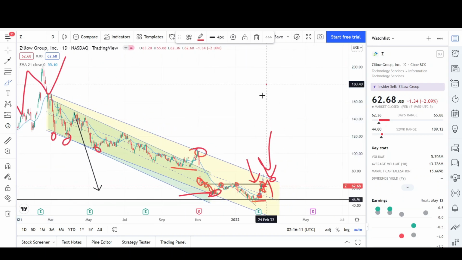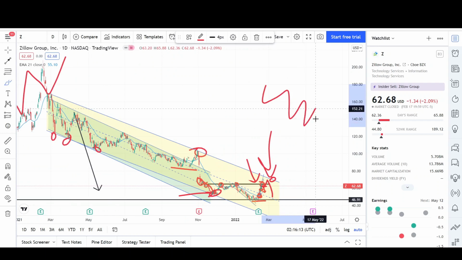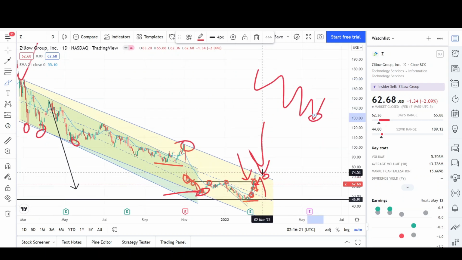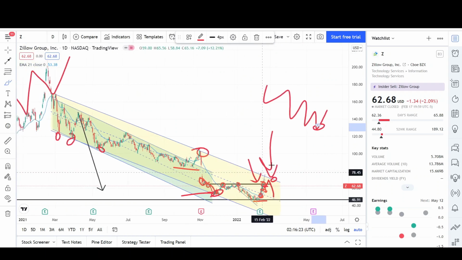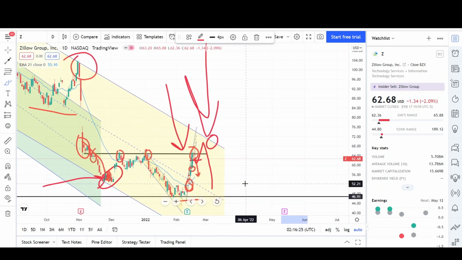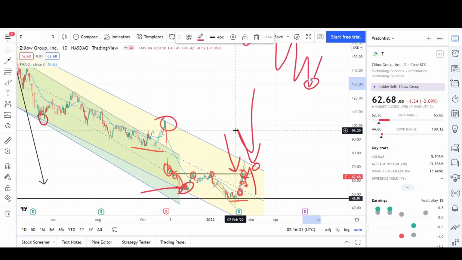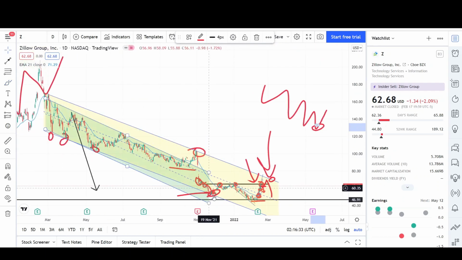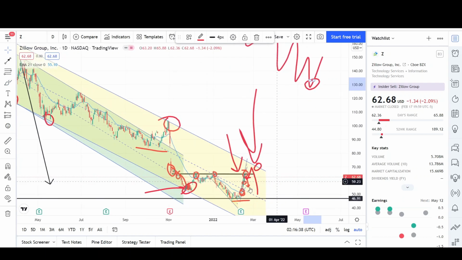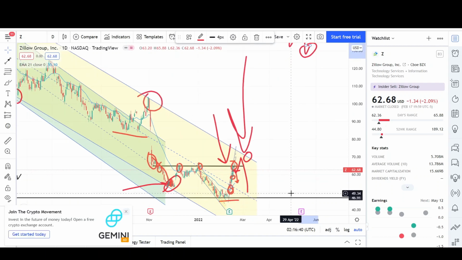Over here, we're going down, and we obviously will get pullbacks, and we won't know until we see signs of reversals to assume that we have a bottom or not. As of right now, I don't see it, and this could just be a pullback that will lead us to lower prices. So as right now, I'm not bullish, I'm bearish. I still think there's numerous signs on the chart telling me that prices can continue lower, and it could be a while before we see a bottom in this stock,